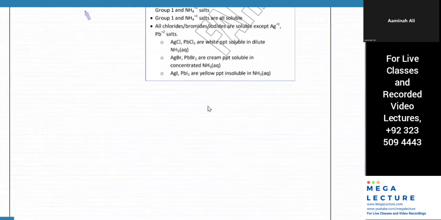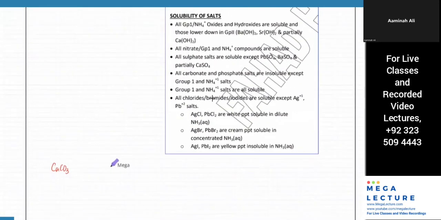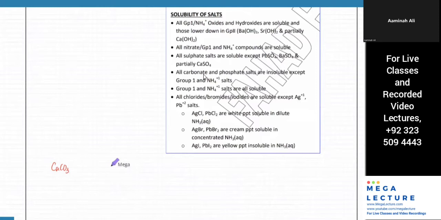So first thing, I'm going to do the first electrolysis, and before that, I'll just do a few questions. Can I do electrolysis of calcium carbonate aqueous? Is it soluble or not? No, it's insoluble. So at least in aqueous state, no electrolysis. And there's another problem: you can't even melt it because it will decompose. Okay, so this one is not soluble.